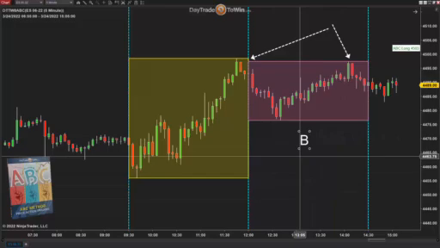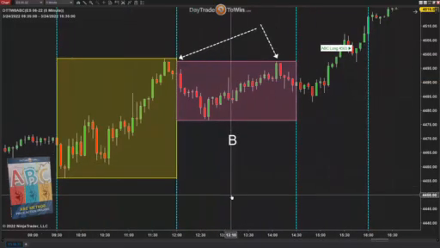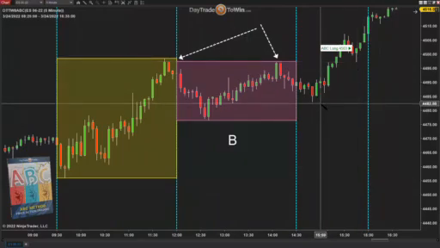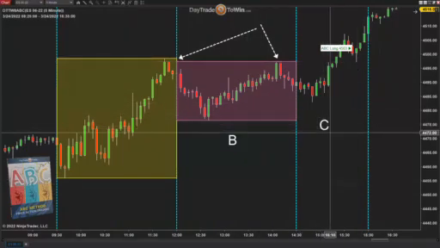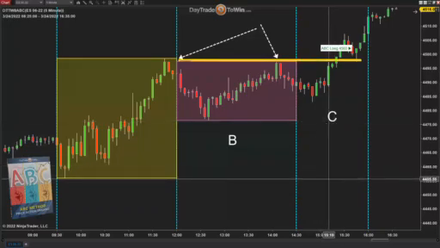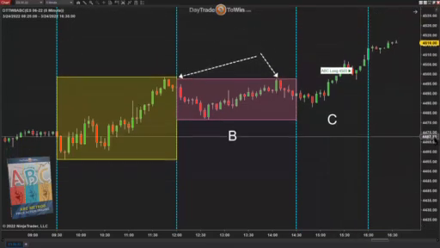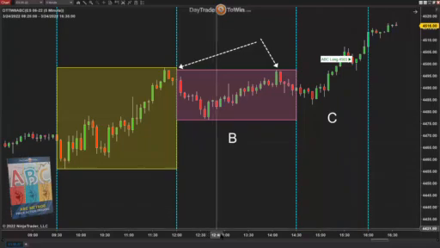But in what we're looking at, there is no trend at all. So this day is not a trending day. Here we have the last part of the day. This is the C part of the day. And the C part of the day tells me a late day rally or sell-off. But in this case, the market broke above and continued and just kept on going. So you can see a late day rally visually as it's happening based off of the price action which occurred in the middle part of the day, the B part of the day.